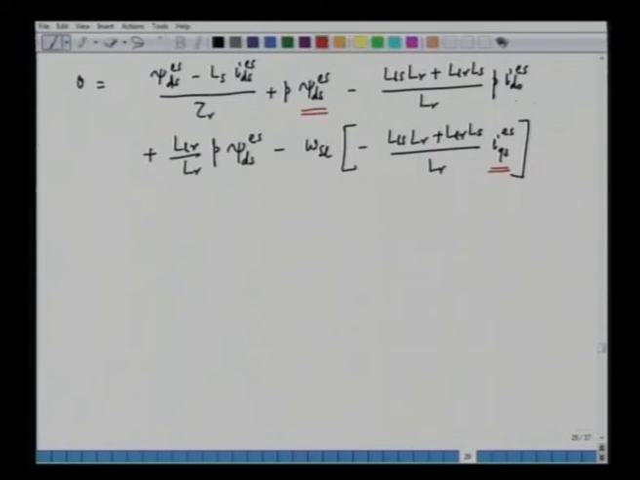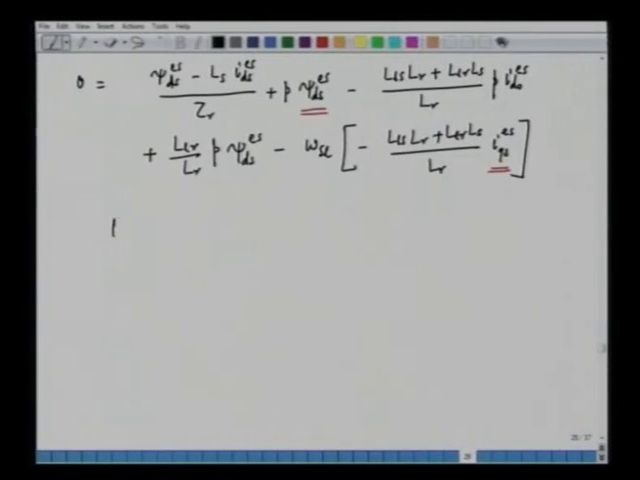Unless we change IDS, as we change IQS, the flux psi ds will change. So to keep the flux constant, we have to change IDS as a function of IQS and the slip speed in this equation. What we have to do is write down from this equation IDS as a function of psi ds,